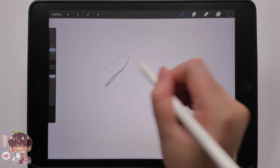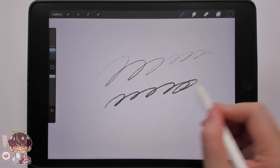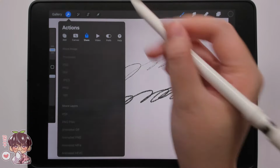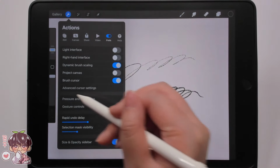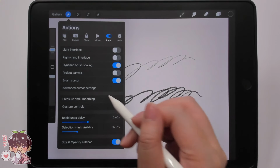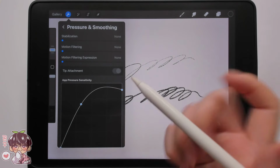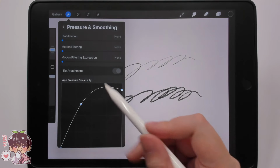So starting off in Procreate, I wanted to show you guys the 6B pencil brush to give an example of what I'm going to be talking about, which is the pressure curve today. In our settings, we can go to preferences and go into pressure and smoothing. Now I'm specifically talking about Procreate first, and then we'll talk about Clip Studio Paint and the tablet a little bit later. My pressure curve looks like this, as I usually have a lighter hand, but I still want to